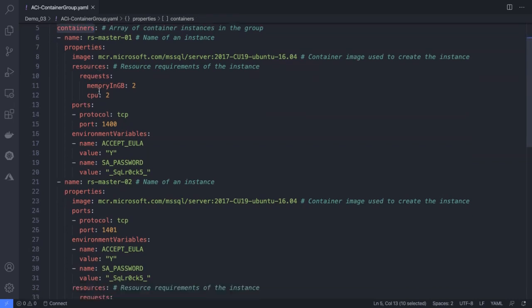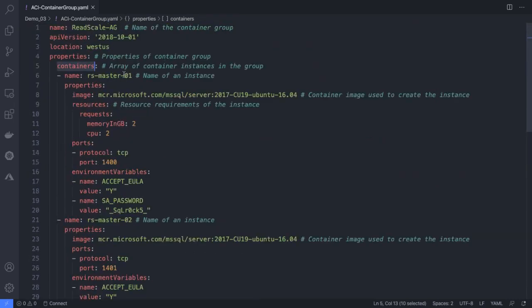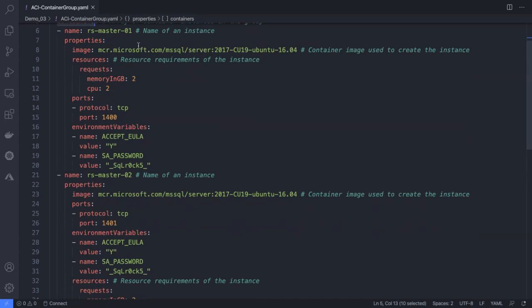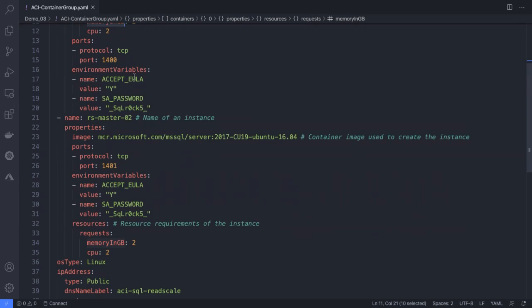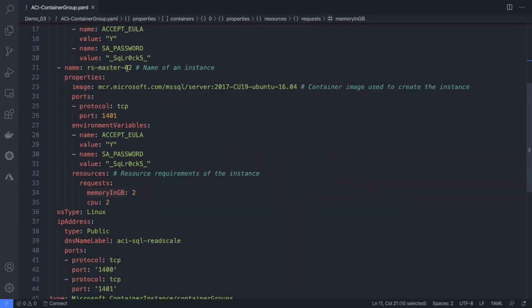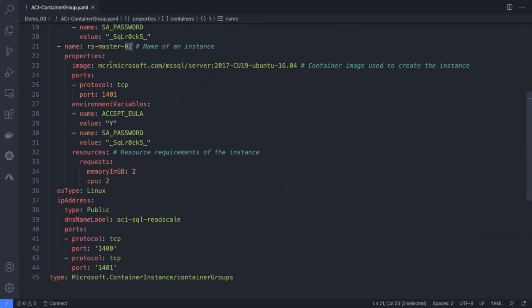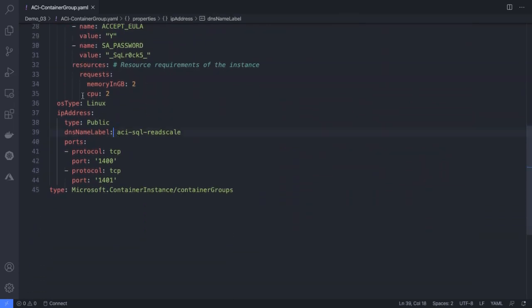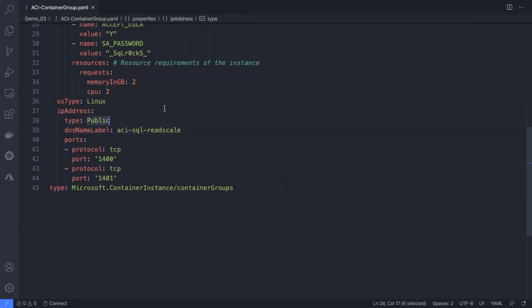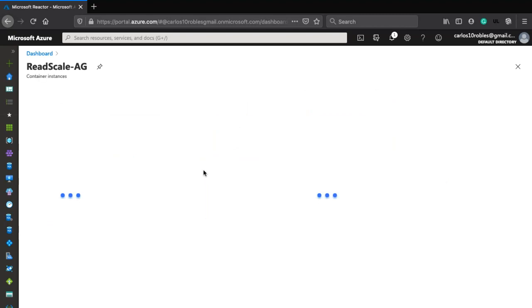And then my containers. I have two, of course. Here's the master one. Here's my image, memory, CPU, the ports I want to use, environment variables, and the same again. Here is master 2, the metadata about my properties, environment variables, and then you decide if you want to go public or use a VNet and stuff like that. And how does this look on the portal? Well, simply